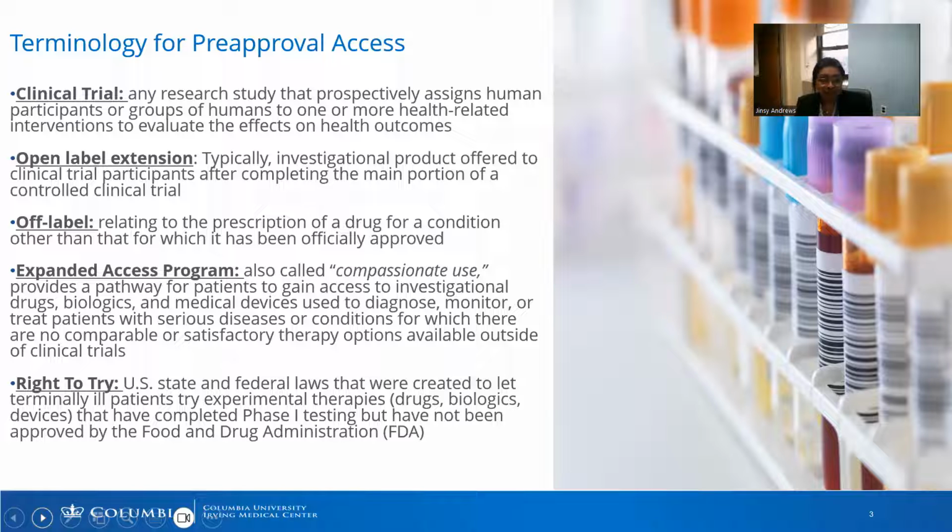And often there are some people that will interchange expanded access and right to try, but right to try is a different mechanism. It was recently signed into legislation, and state and federal laws can differ, but it's another way to access investigational products outside of a clinical trial. It really hasn't been used much in ALS because the expanded access mechanism has functioned properly in ALS, and the right to try does have caveats that a drug has to have completed phase 1 testing, and there are other eligibility criteria for a compound to be requested through right to try.